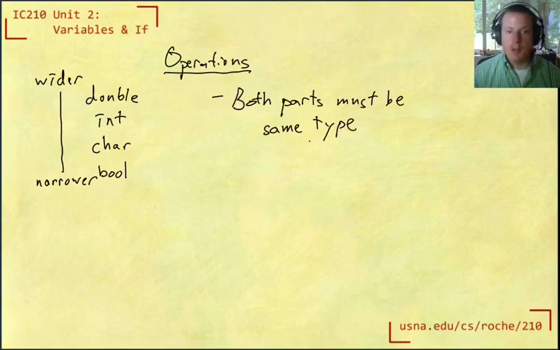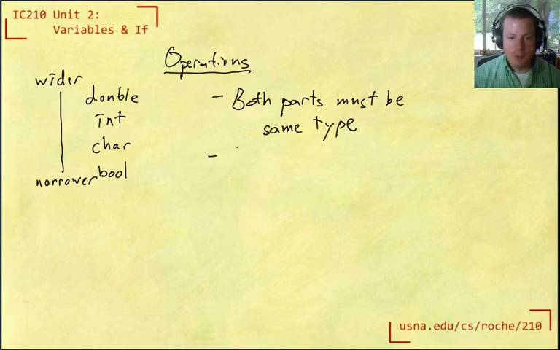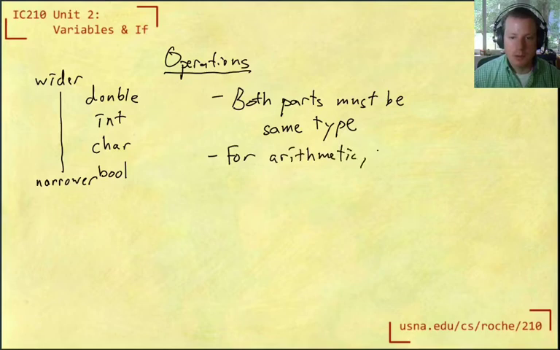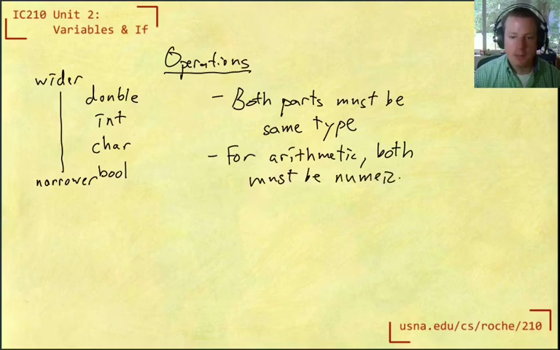If we try to do an operation between two things of two different types, the first thing that the compiler will do is try to cast them so they can be the same type. And then the second thing is that for arithmetic type operations, they both must be numeric types,